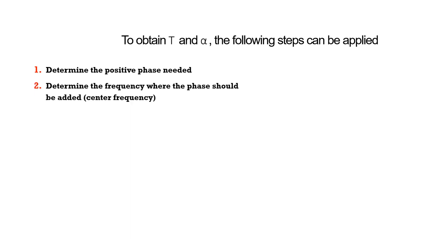Then we should determine the frequency where the phase should be added. But in our case, it is very difficult to obtain this from the phase versus frequency graph, as the phase in the Bode plot is a flat line. However, the solution for this problem is that we have a relation between the bandwidth frequency and settling time, which is around 1.92 radians per second. Therefore, we should have a center frequency just before this. For that, we will assume our center frequency is 1 radian per second.